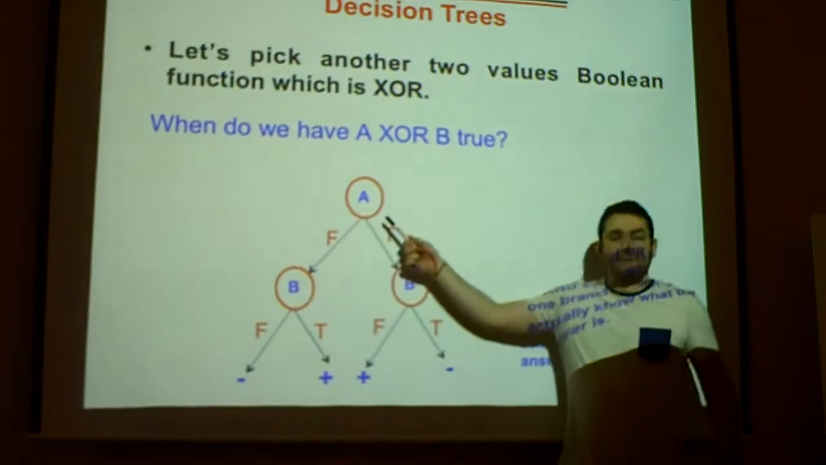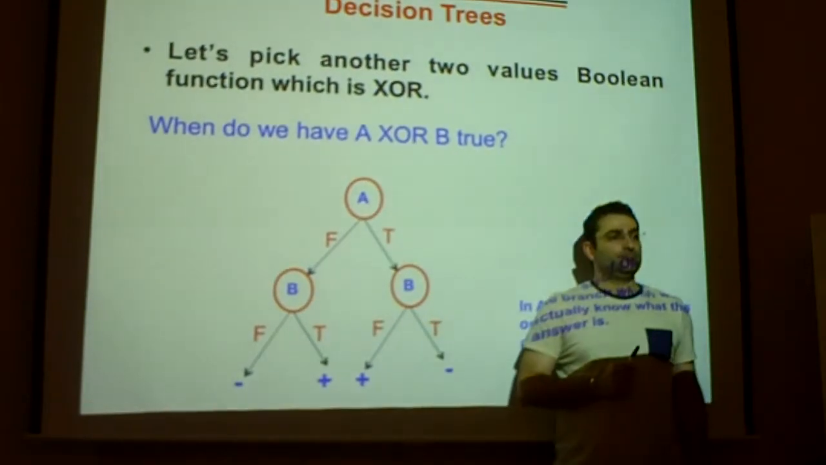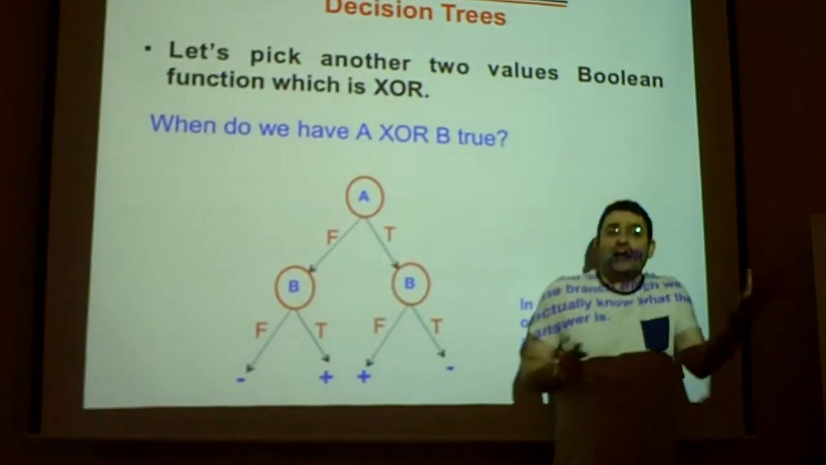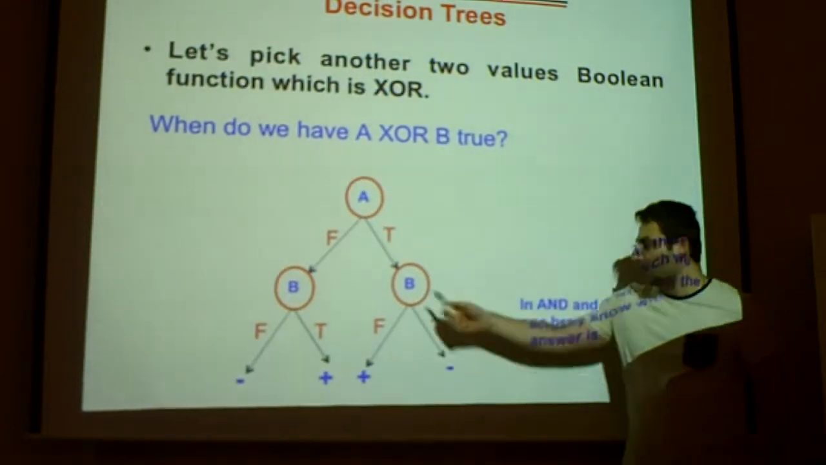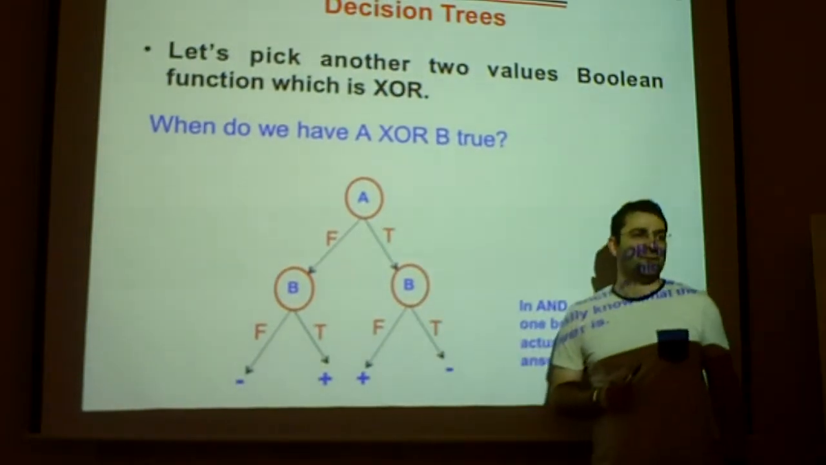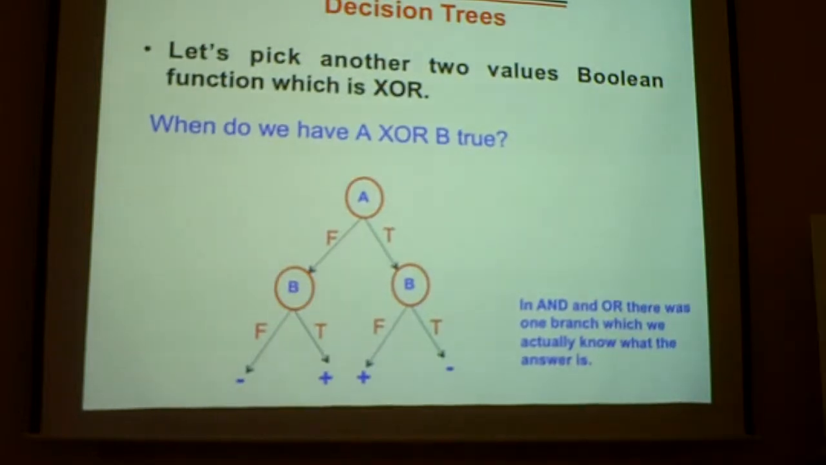Now, what if A is true? Again, we cannot make any decision. I have to look at B. If B is false, this is true. If B is true, this is false. Now,